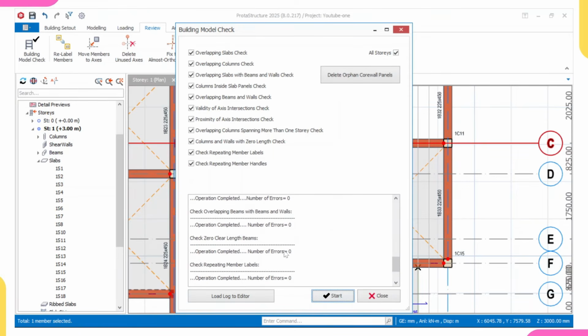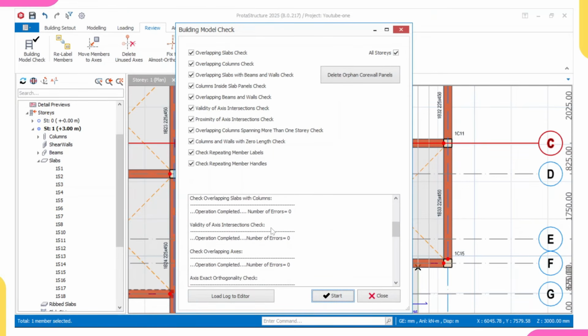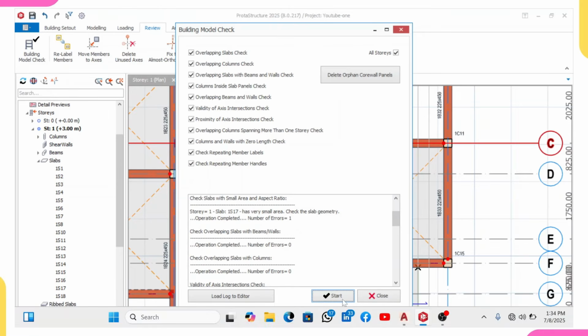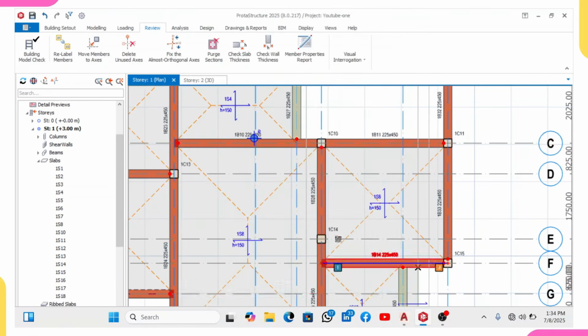So we are still having one error, and the error is that story 1 slab 17 has a very small area. We have said that we cannot do anything on this, so I'll just click on close. So right now,